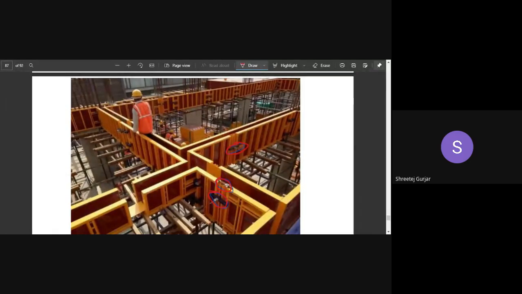Okay. So the main thing which you have to calculate here is this board, which you can see in red color. Boards are provided, right? They are smooth on the inside. There are no undulations on the inside. This particular thing is smooth on the inside. This particular one is a beam, right? Formwork for beam, you can see.